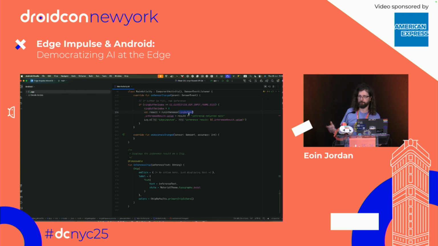So that'd be a three-dimensional array that you're going to pass in. And then the result that you get will be the inference results. And that could include positional information as well if you wanted to do some object tracking. So if you wanted to be able to track the motion of a car on a screen, for example, or